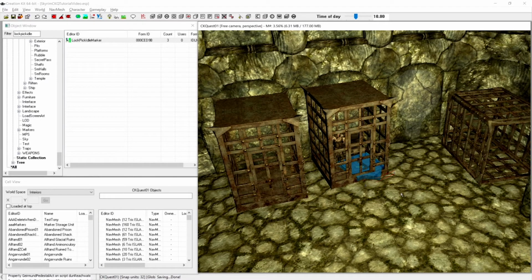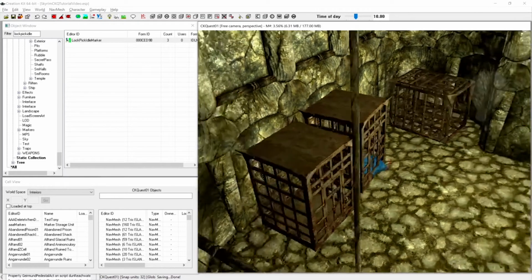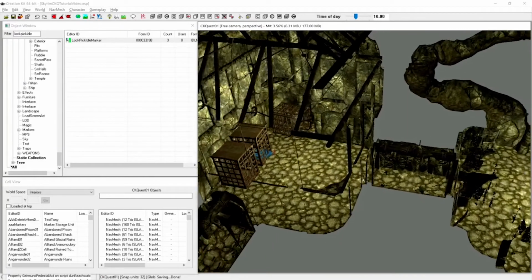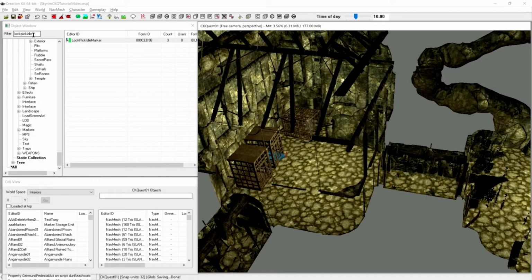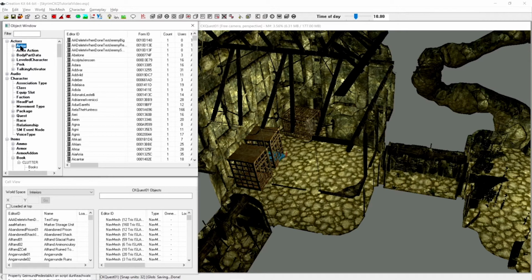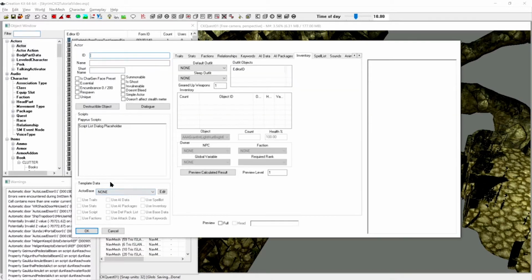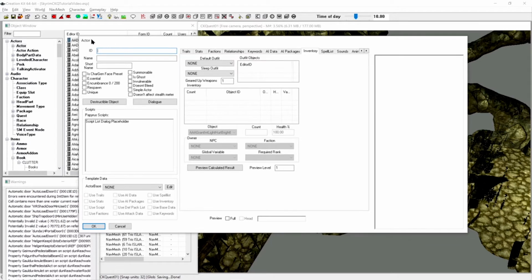Okay, so once you are ready to move on, we will create our enemy actor. So just like before, you want to clear the filter here, go up to actors, and then right click in the list, hit new, just like before. And for this one, we will be creating some different information from before. So now, in the actor window, in the ID text field, type